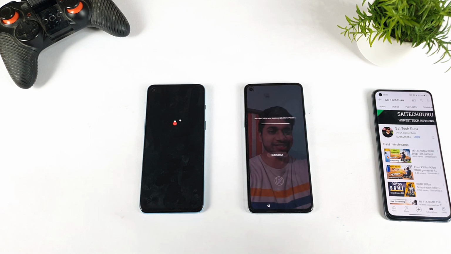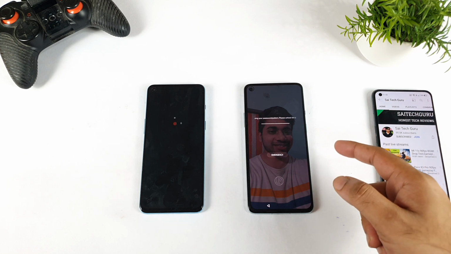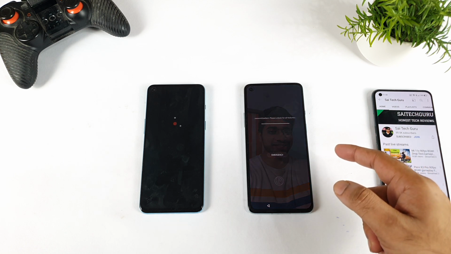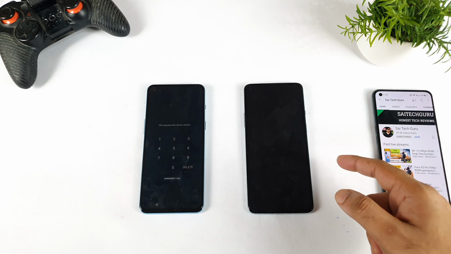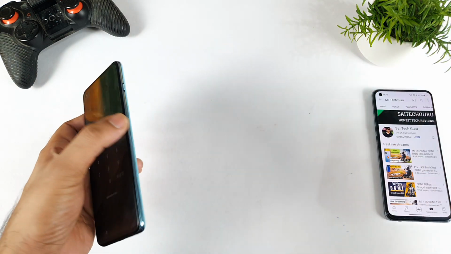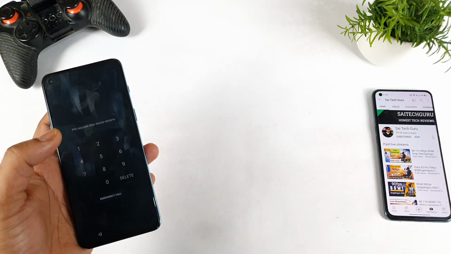Right now, the first phone to boot up is the OnePlus 8T. It did boot slightly faster. And next, the OnePlus Nord 2 did start. Let me enter the passwords.